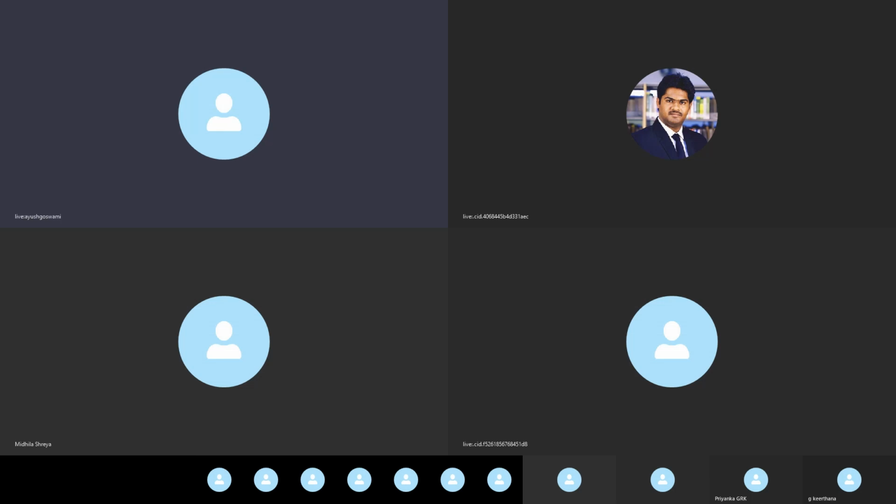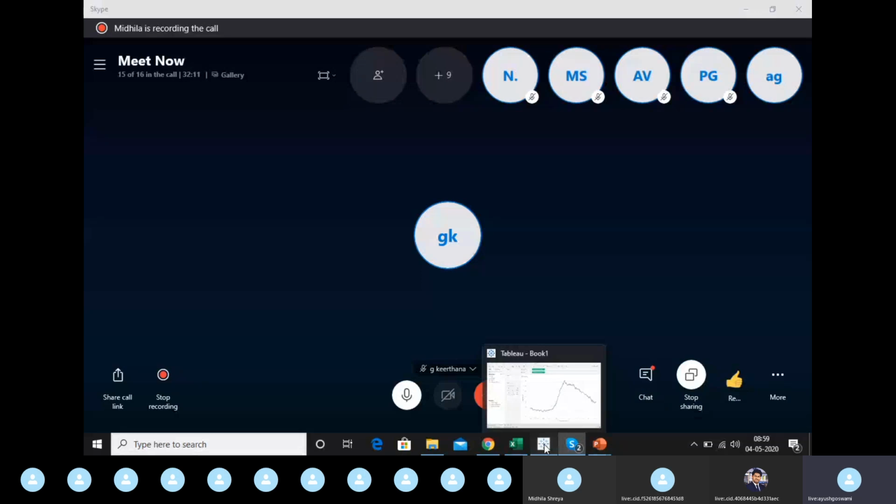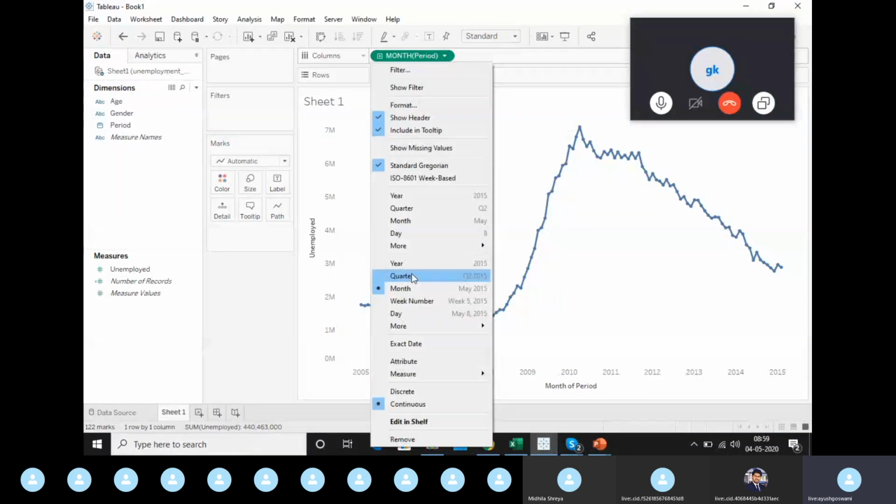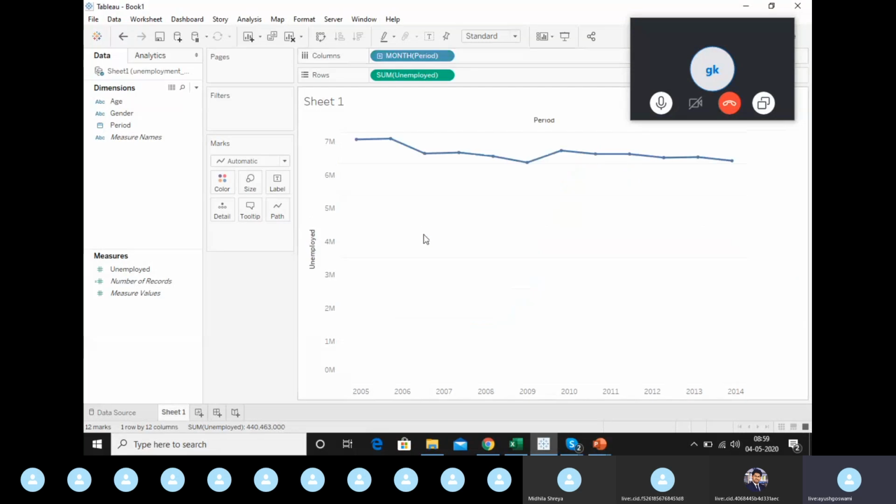Yes, Shreya, there are two month options. The first month option is for consolidating values for the particular month. Just now I have told about it. The first month option is for adding up values for a particular month, like January, for all the Januaries from 1995 till 2015.